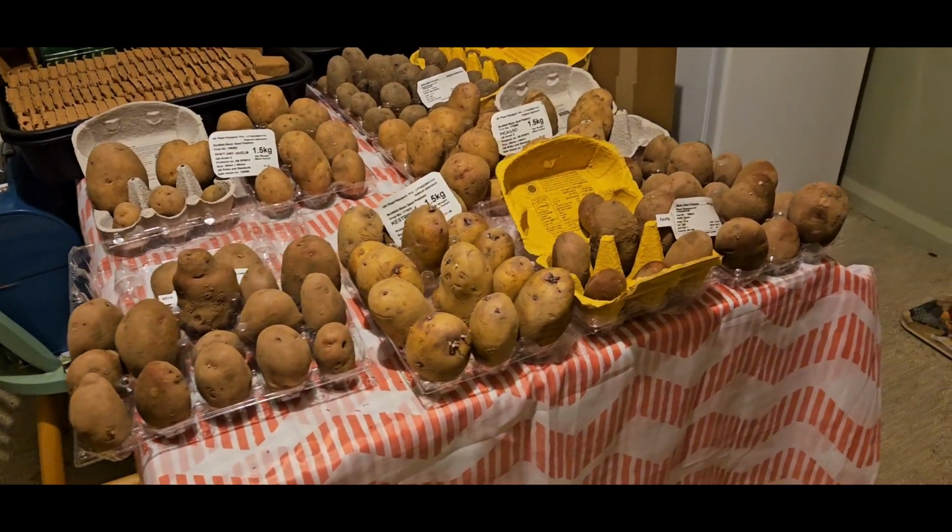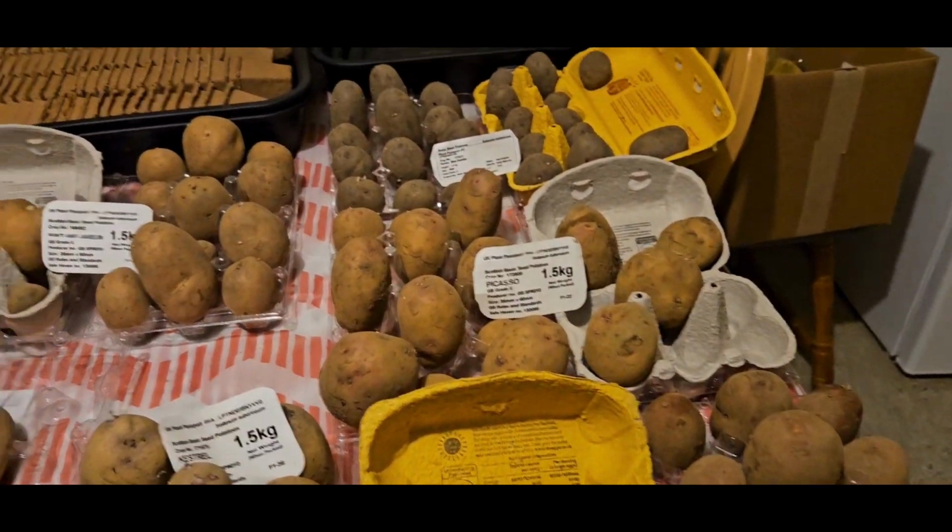It's not recommended apparently to put them in the fridge because it can damage the skins, it can damage the internal potato and stop them from sprouting. So you want somewhere definitely dry, definitely dark, and very, very cool. Something we all have a problem with. But I'll look around and see what I've got with somewhere to put them. Well,